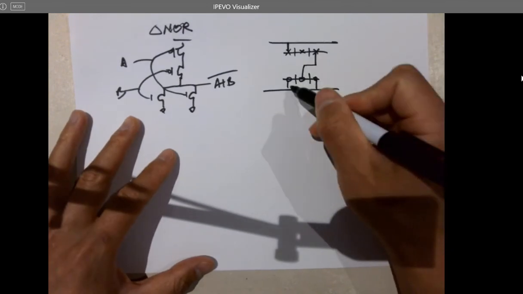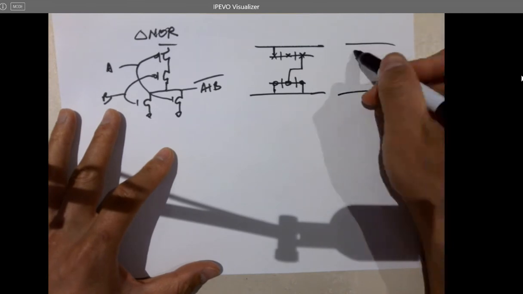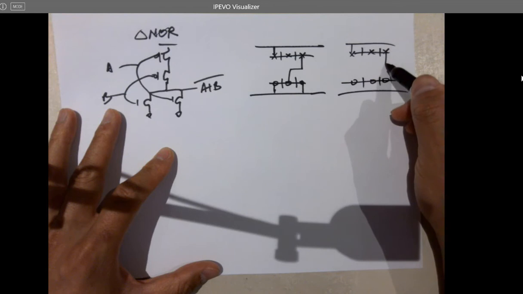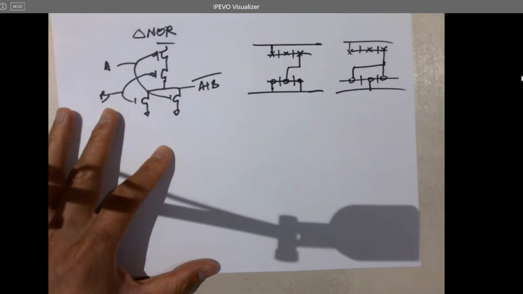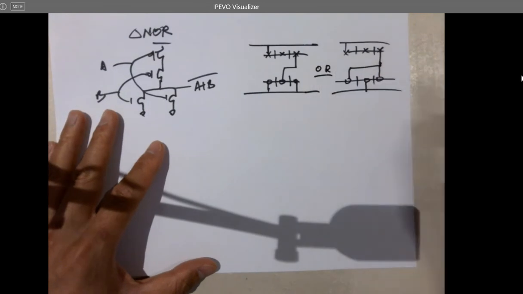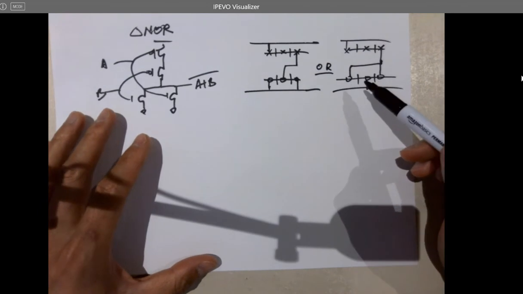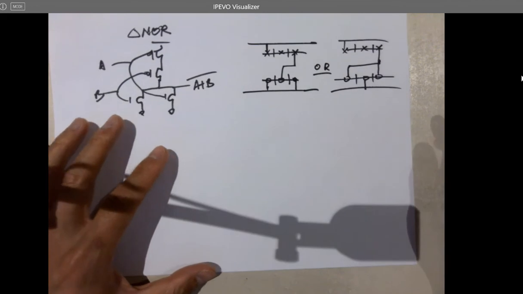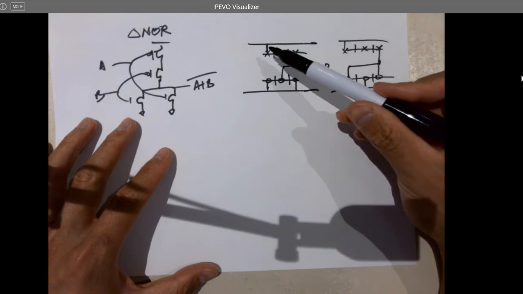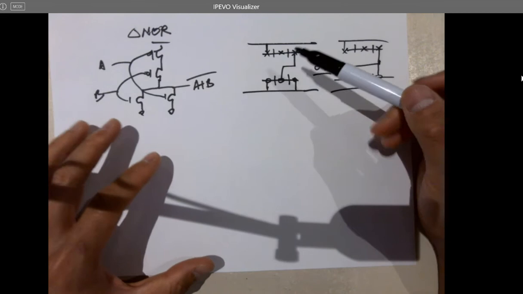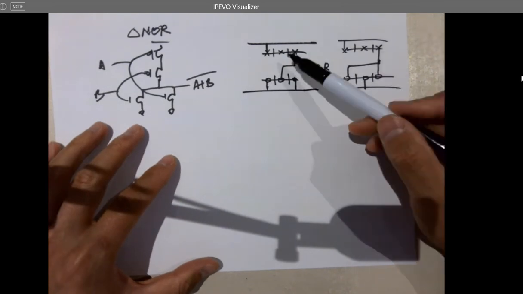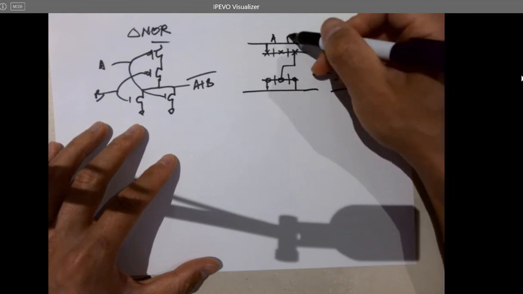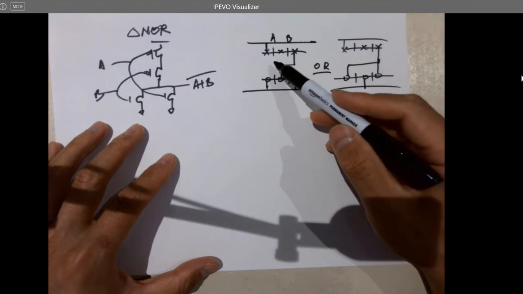You can either do it like this, or do it like this. So both of these structures will pass LVS for the schematic of the NOR gate. Now let me know which one should be A, which one should be B. For the first one, which gate is A, which gate is B? Yeah? That's A. That's B. Right? So if this is A, this is B,